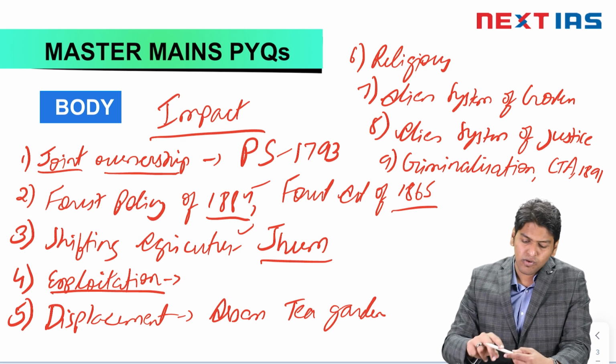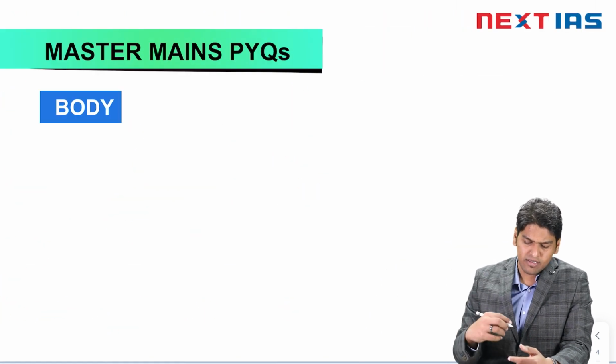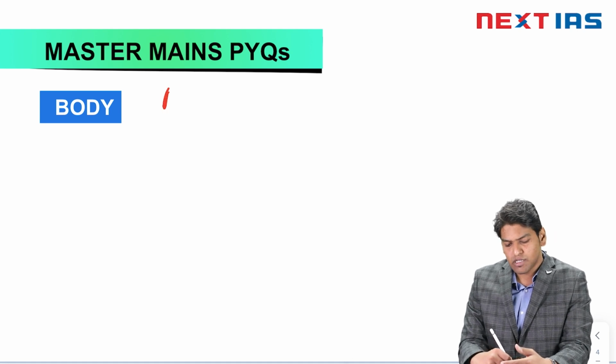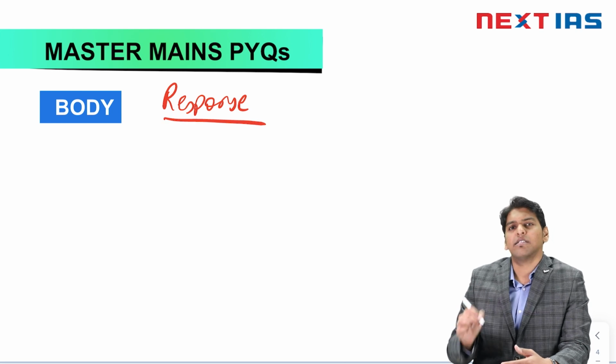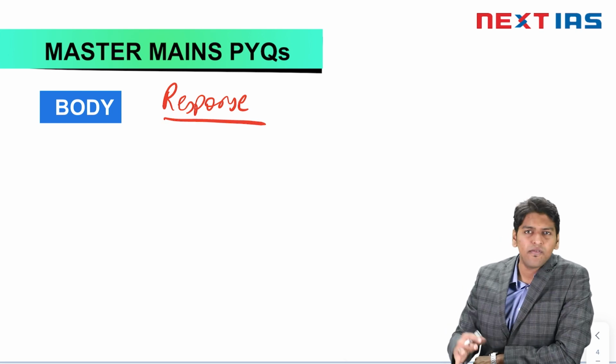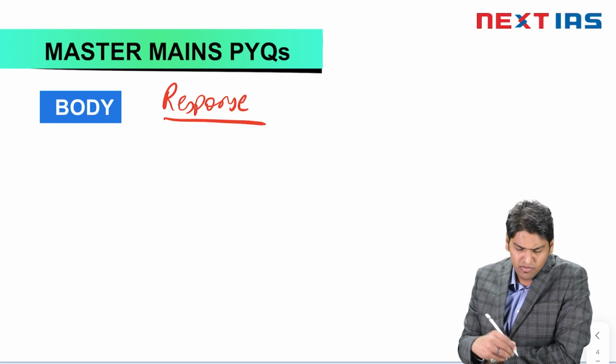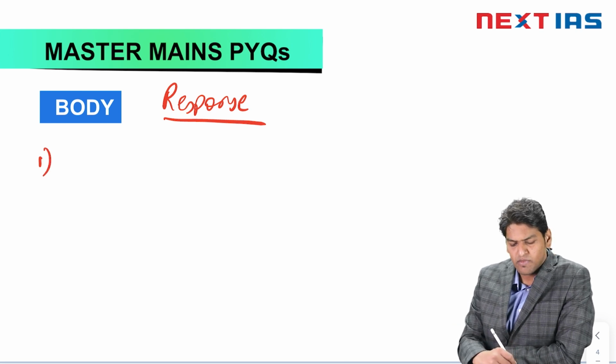Next, we see what was the response. How did the tribals respond to this kind of exploitation and discrimination? First was revolts